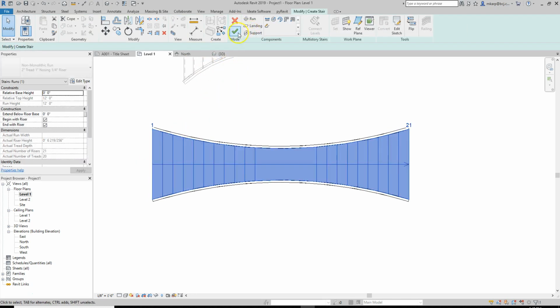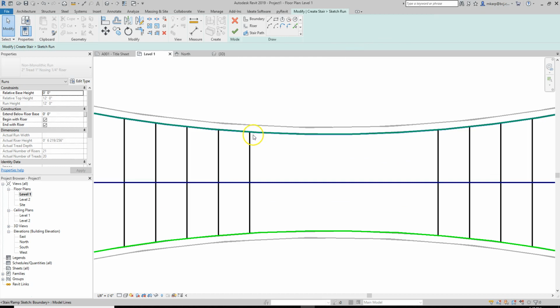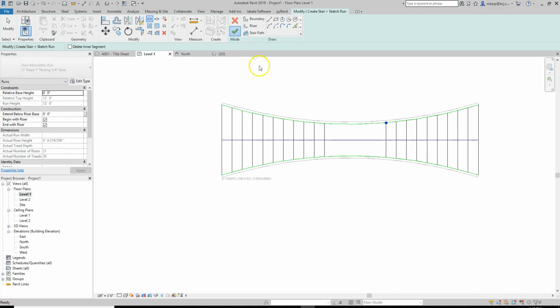And we're going to edit it. Edit sketch. And right where there's a break, we're going to actually cut the boundary line. So right at that intersection, we cut it right there. Same thing, we cut it there. We cut it where the landing is making a break. Now, if I finish this,